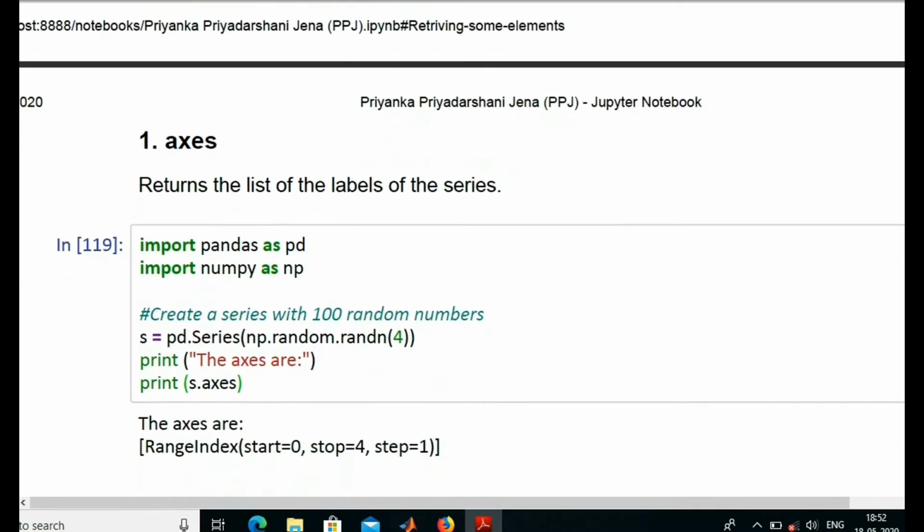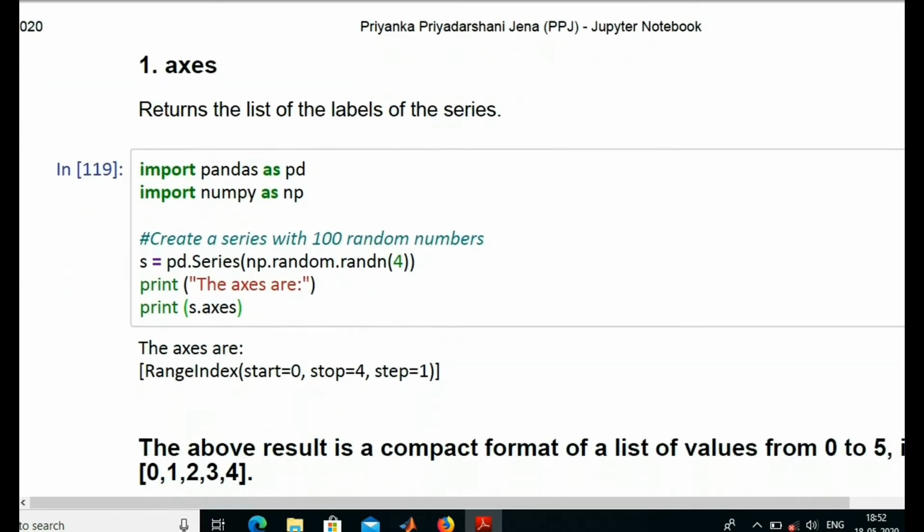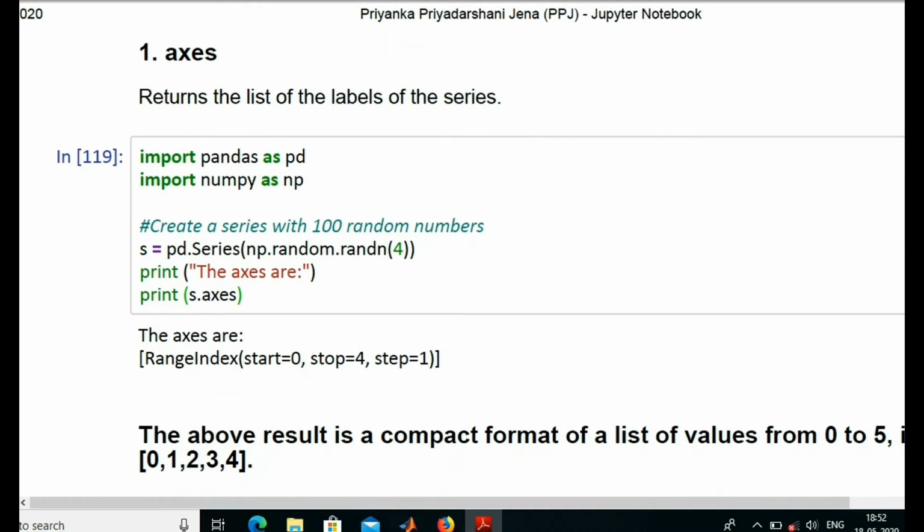Next is axes. What is axes? It returns the list of labels of the series. In code 119, see, we have created 4 random numbers, and we have to print the axes of the series. So print the function s.axes, it will print how many axes we used.